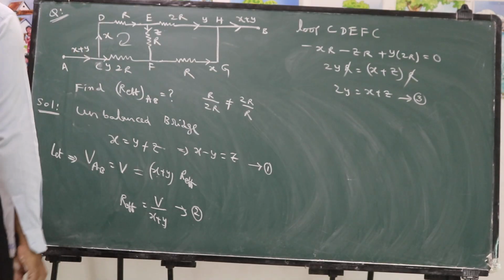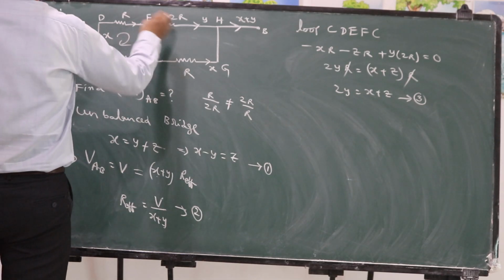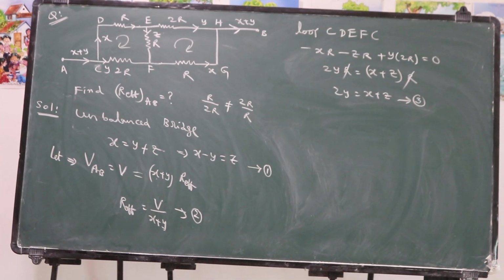2Y is equal to X plus Z. Equation number 3. Now, how many variables are there? We have variables X, Y and Z. 3 variables are there. How many equations are there? 3 equations are there. We can